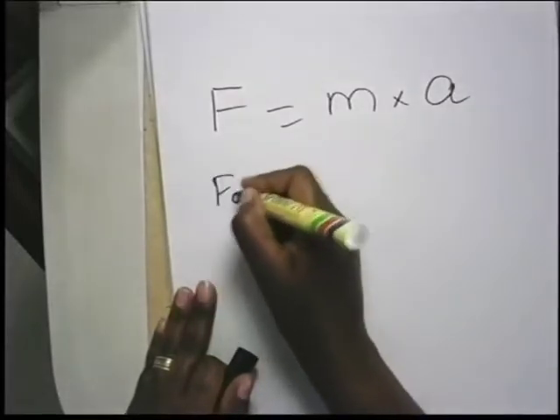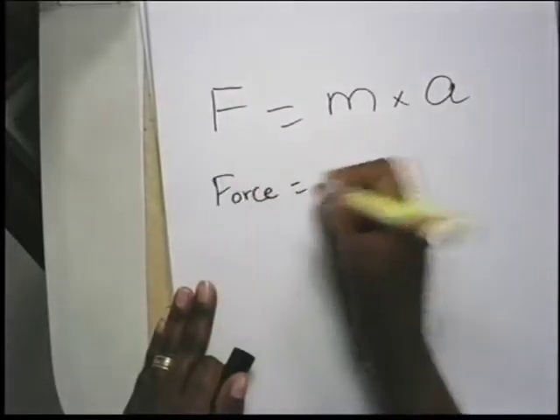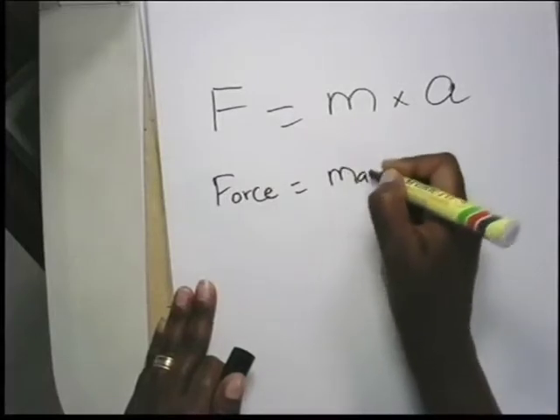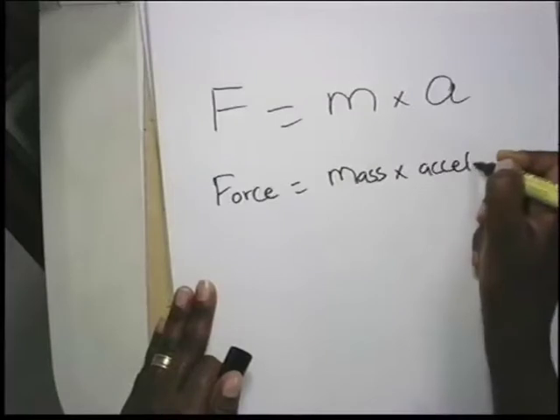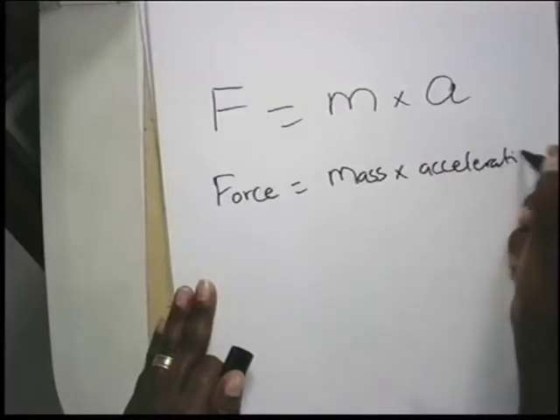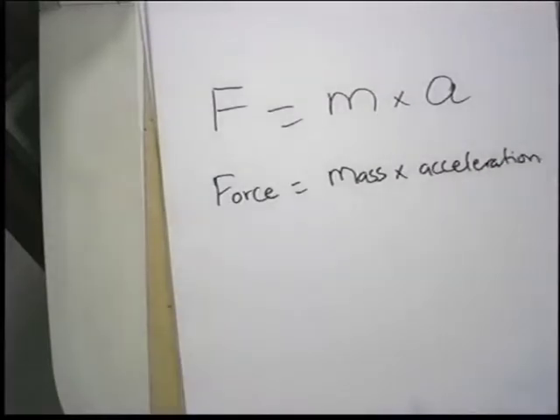Let me write it out. Force is equal to mass times acceleration. Because of time, I'm not going to go through the calculation for this force, mass, and acceleration. We go to the next